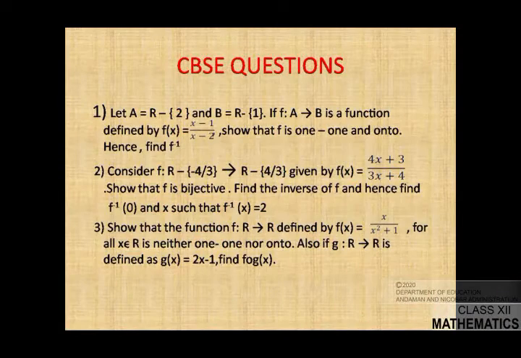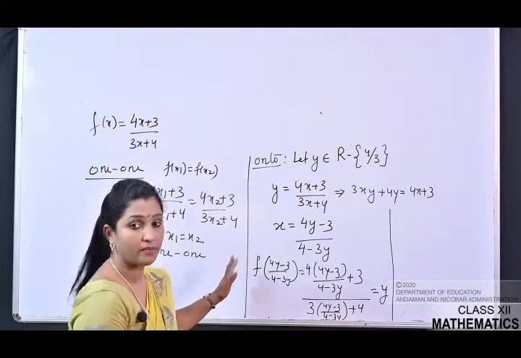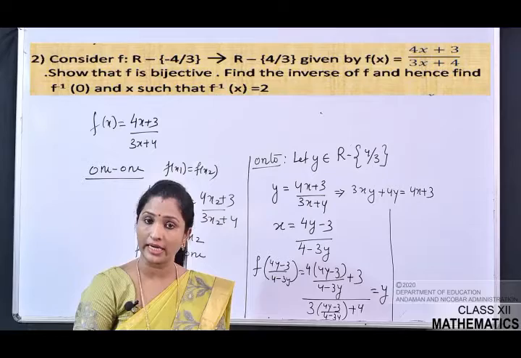Now see the second question. Consider f is a mapping from R minus {4/3} to R minus {4/3}, given by f(x) is equal to (4x plus 3) by (3x plus 4). Show that f is bijective. Find the inverse of f and hence find f inverse of 0 and x such that f inverse of x is equal to 2. Now look here, the same thing, you have to first show that the function is